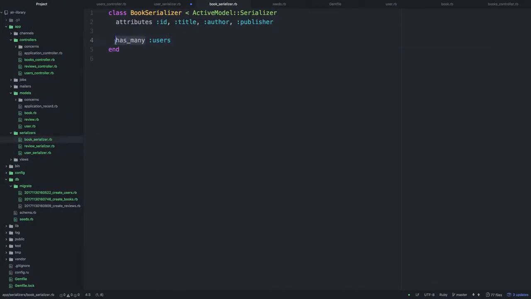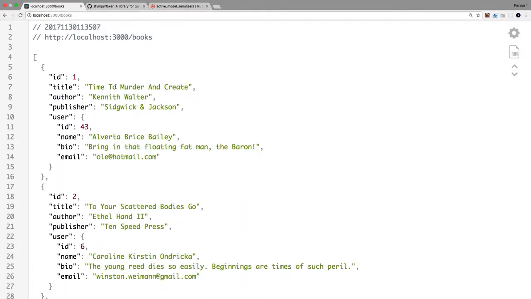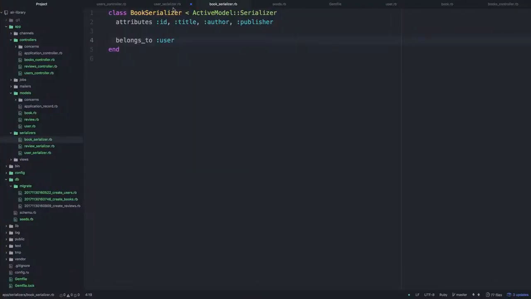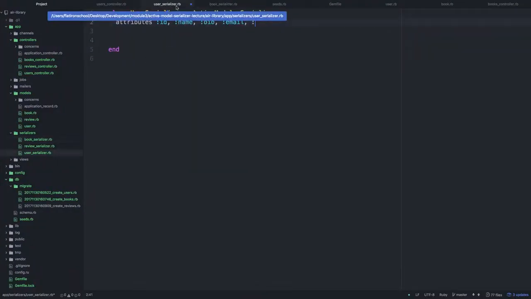Oh, belongs to, sorry. One book belongs to one user. Cool, so this is filtering by serializer, which is fine. I can control this. I really don't ever want to have my password digest showing up in any view, so this is great. But let's say I wanted my user to have